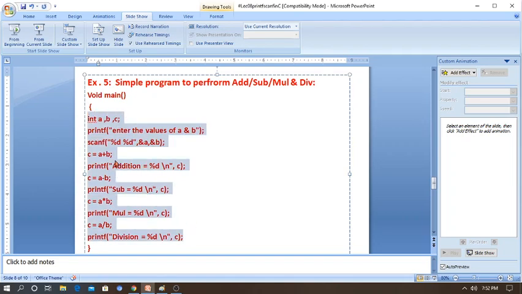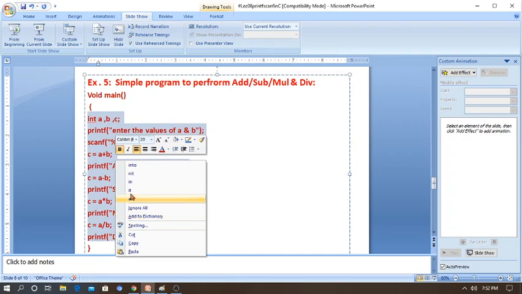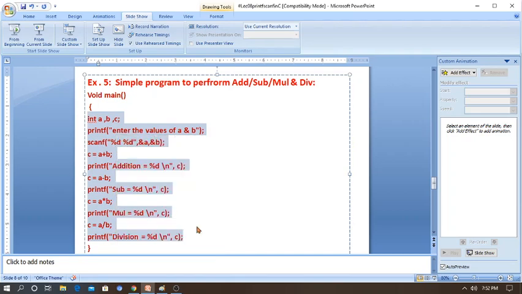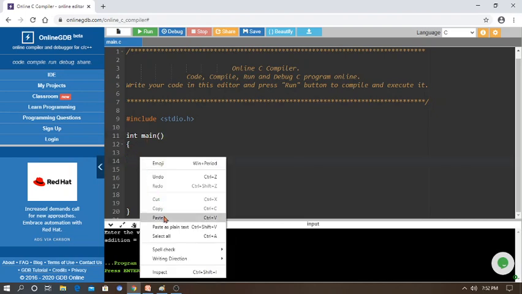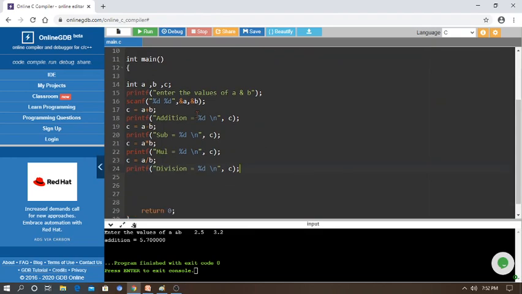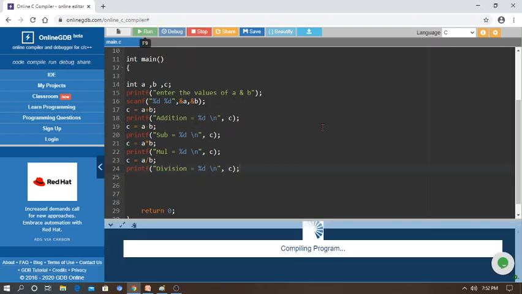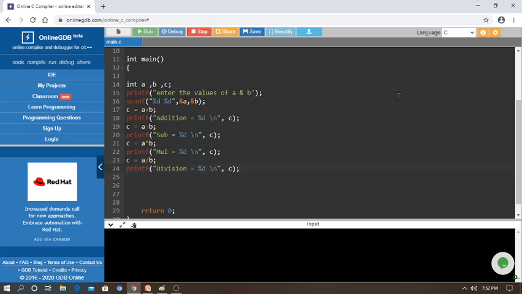So once if you want to perform many variables, more than two variables also supported by C language, but you should be clear with the integer, the format specifier integer, float and so on. So I want to give A and B value. After that I want to see the answer of addition, subtraction, division and multiplication. 4 answers I want to get it here. So just execute. Yeah, the program going to execute successfully.